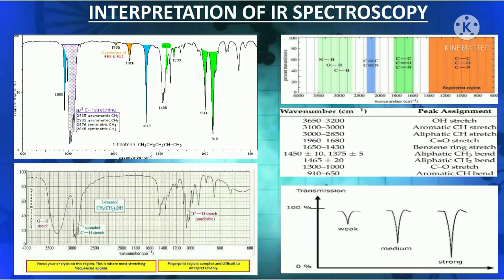As I have earlier discussed, mid-IR is used and it gives a characteristic functional group. Here, in the picture, where the orange and green are marked, you can see that from 4000 to 2500 cm⁻¹, generally there is absorption of single bonds formed by hydrogen and other elements: OH, NH, CH, etc. Between 2500 to 2000, there is absorption of triple bonds. From 2000 to 1500, there is absorption of double bonds, and from 1500 to 400 wave number, it consists of a complicated band which is called the fingerprint region.